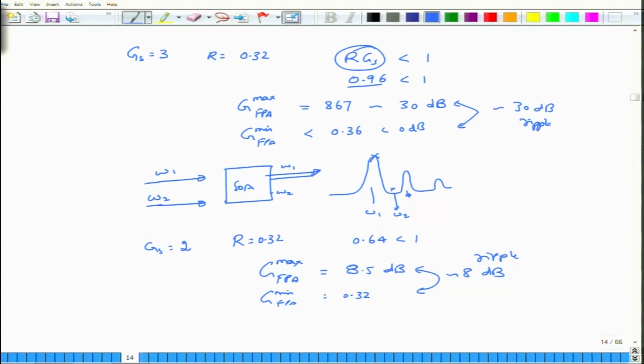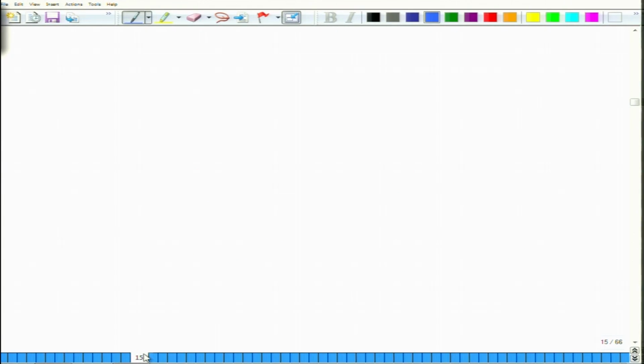So this is actually very important, but if you can reduce R further, which is what we normally do, you can keep the single pass gain high but reduce R further, which is entirely possible with the technology that we have today. So what you would essentially do is minimize this gain ripple. But still the gain ripple would be present if you were to use FP cavity type filters. We are also interested in the bandwidth of these devices.